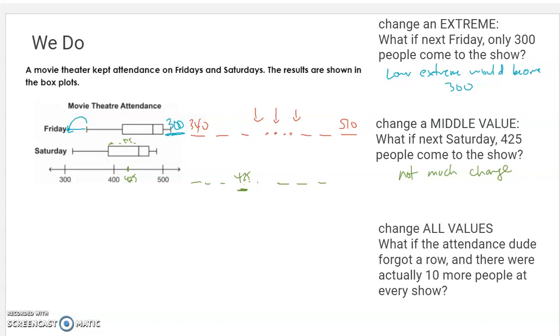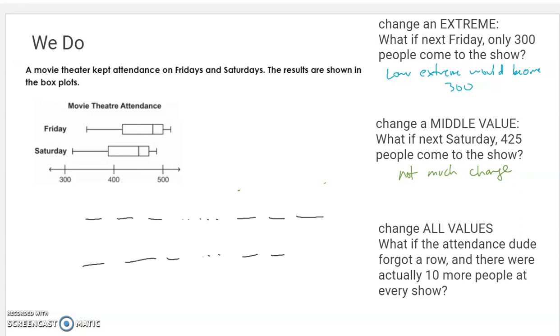What if the attendance dude forgot a row and there were actually 10 more people at every show? So at that point, we got to think about something weird happening, right? It's like every single thing in our whole data set is off by 10 now. So Fridays and Saturdays, every single point on the whole graph goes up by 10. Everything's just as spread apart. This doesn't change the spread at all, but it does change where all the values would go. And that would just end up moving every single point on the graph 10 to the right